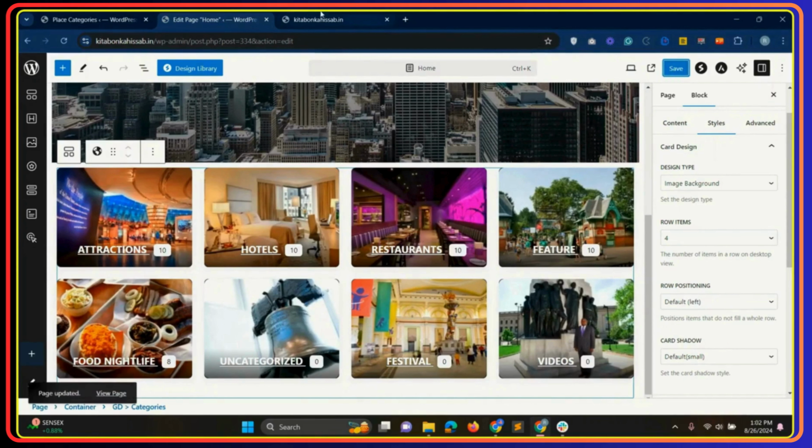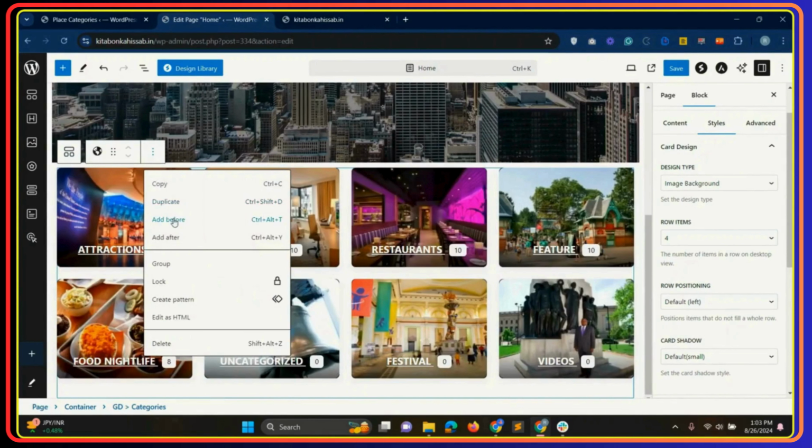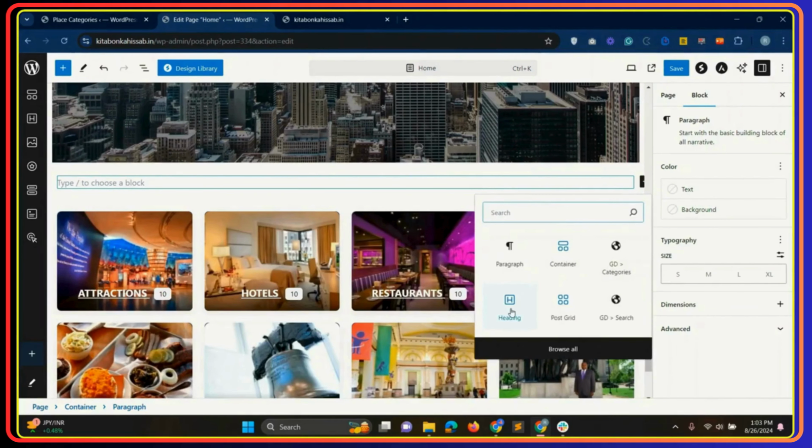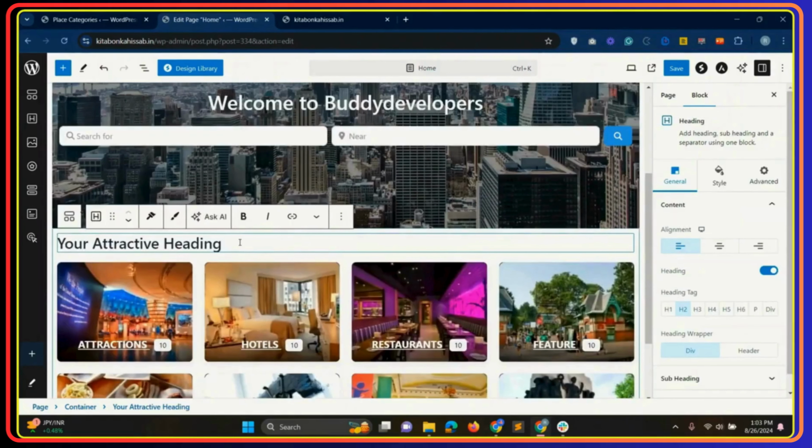Then go to front end and refresh it. So now click on these 3 dots and click on add before. So now a wizard has opened. We will be clicking on plus icon and then select heading. Then change its name to all categories